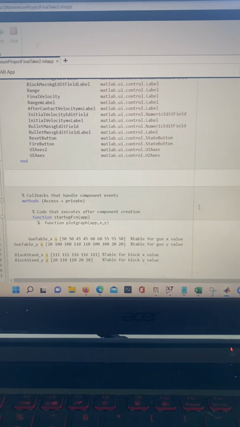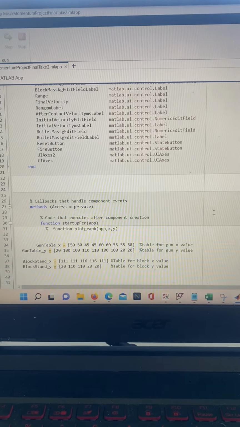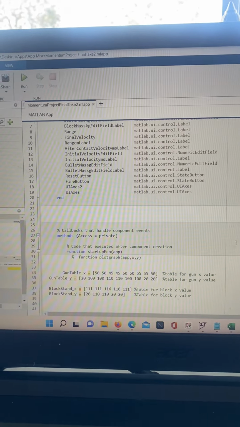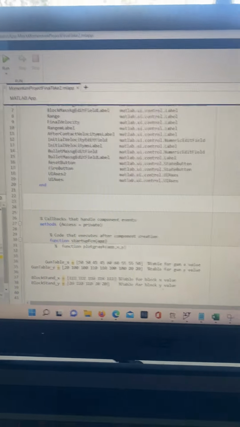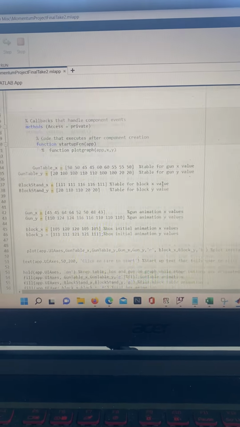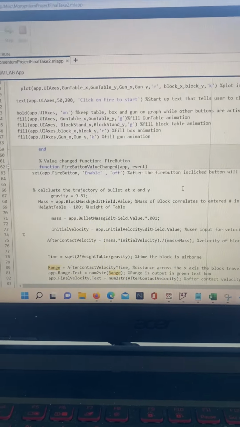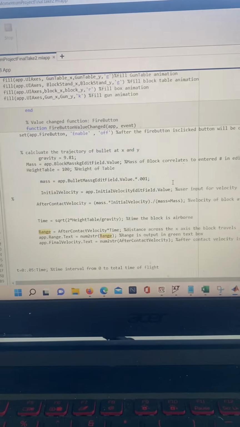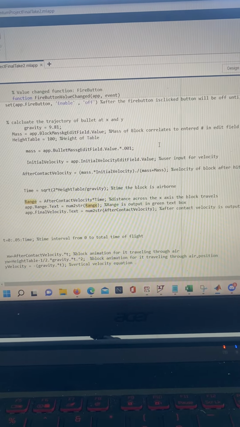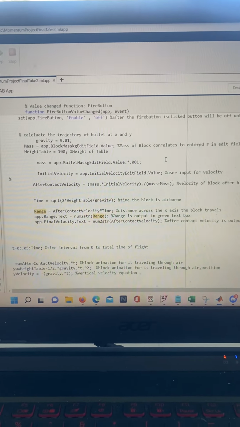For my project, I actually chose to do a concept from Physics 130, and that is momentum. Not just momentum in general, it is inelastic collisions. So I used a Matlab app that I built. I modified it a little bit for this presentation, not much, but it will get the job done to explain momentum for us. It uses a classic problem that we often solve in Physics 130, and